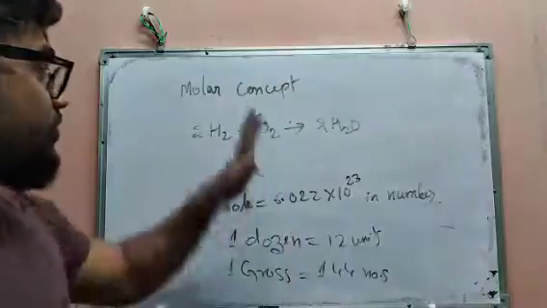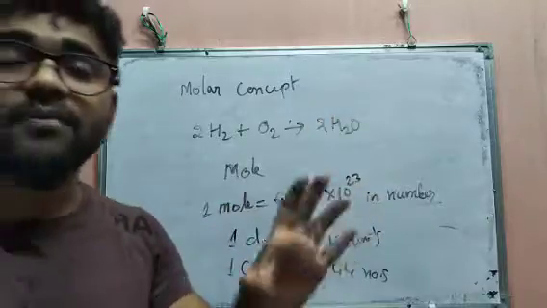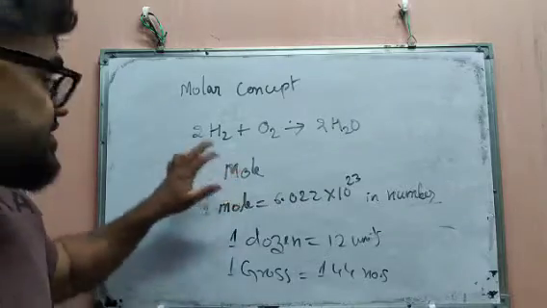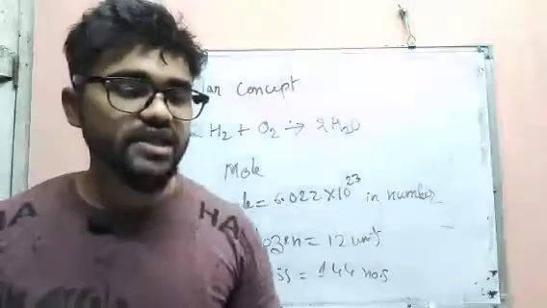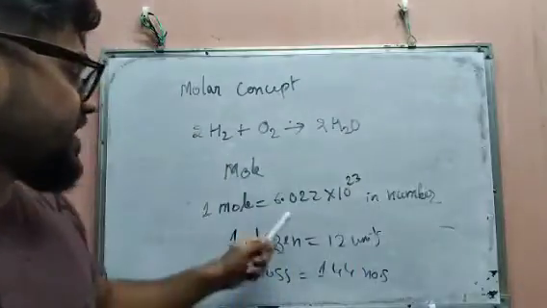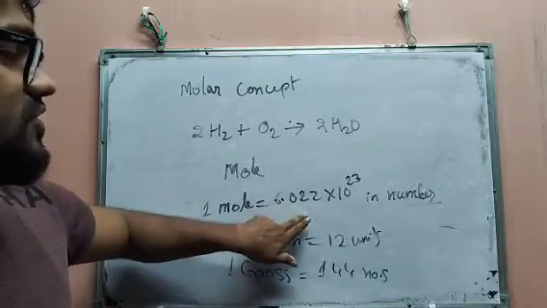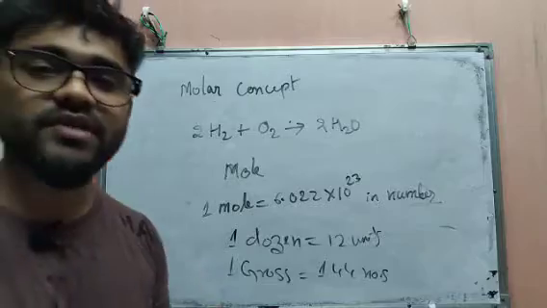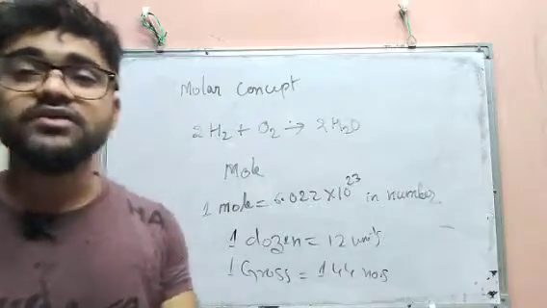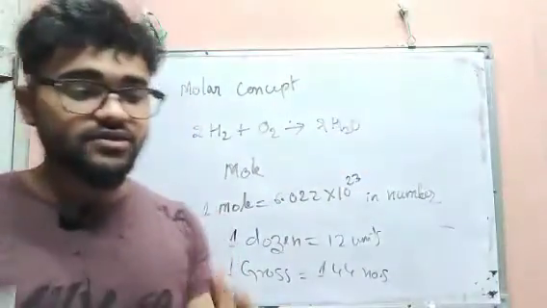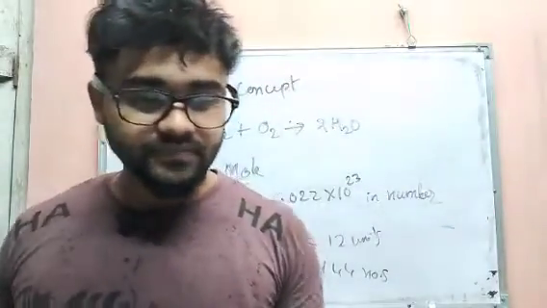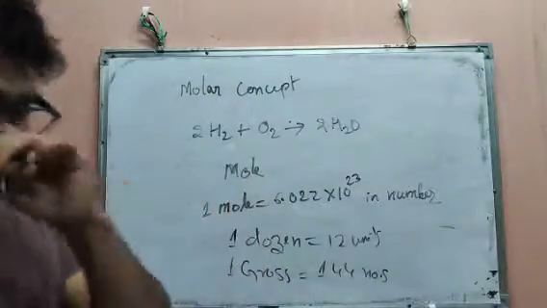Similarly, to calculate the number of atoms participating in an equation, there is a new unit which is known as mole, which is given by Emilio Avogadro, and he did some experiment, and in an experiment he got this value that 1 mole is always equal to 6.022 into 10 to the power 23 in number. That is, 1 mole represents 6.022 into 10 to the power 23 amount of substance, what we are taking as an atom. So in this honor that number is also known as Avogadro's number.